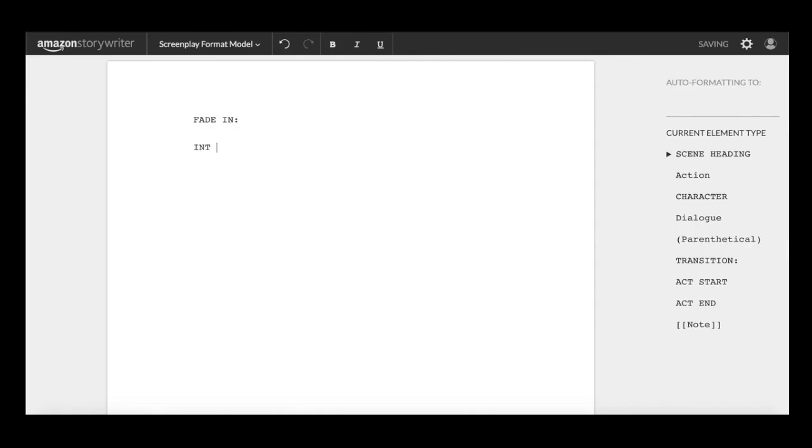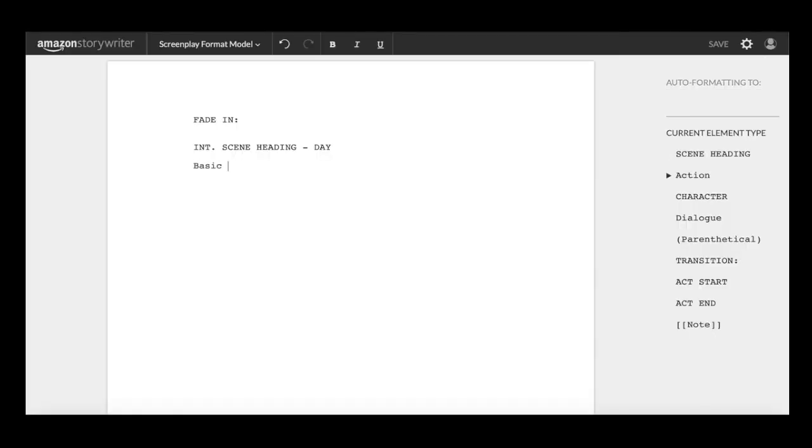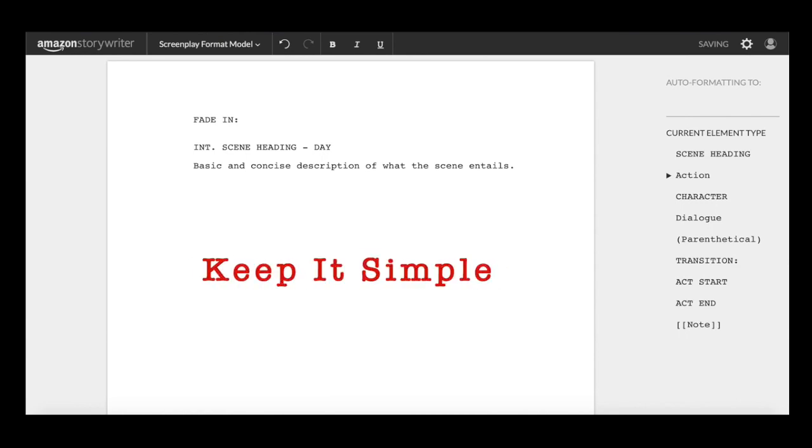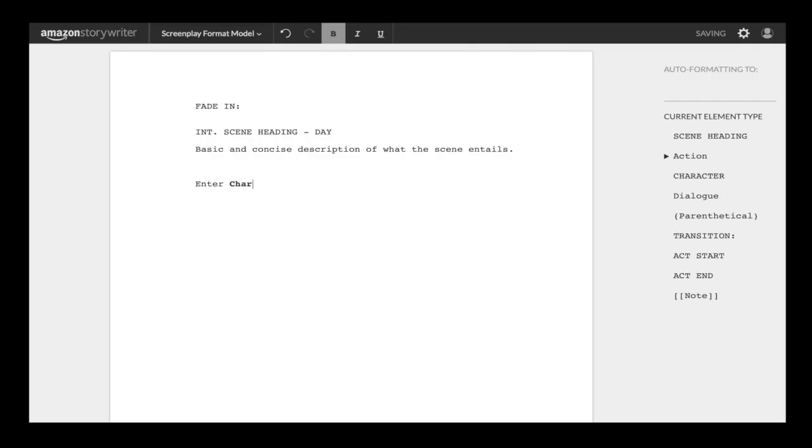Step 3. Scene heading. This establishes the basic setting. Remember, this goes for any scene. Step 4. Description. Now, when it comes to screenplay, it's best to be as concise as possible. This description shouldn't be too long, only enough to set the time and place. Leave the director room to build off of your blueprint in his or her unique direction. This conciseness also applies for character descriptions. To introduce a character for the first time, their name goes in bold.